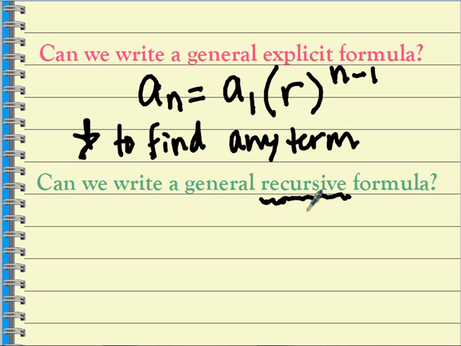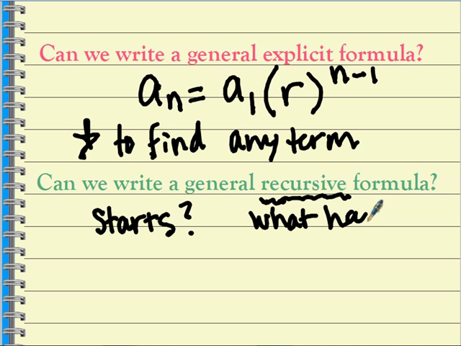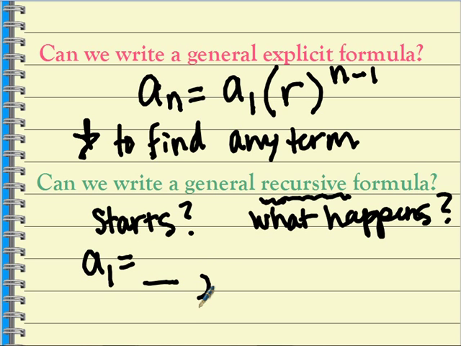So like I said, a recursive formula is just notation based. In a recursive formula, there's two things that have to happen. You have to state where your sequence starts, and you have to say what happens to get your sequence. So where it starts is going to be a sub 1. So I would want to write whatever a sub 1 is. Then I'm going to put a comma, and then I'm going to say a sub n is